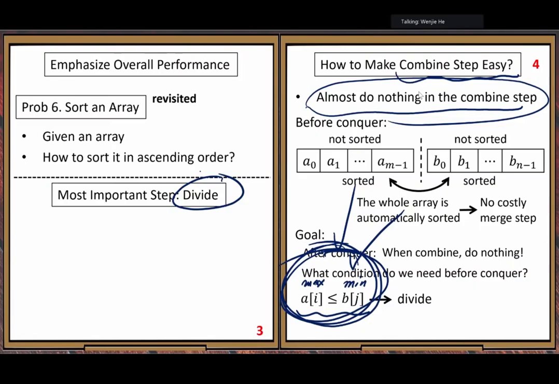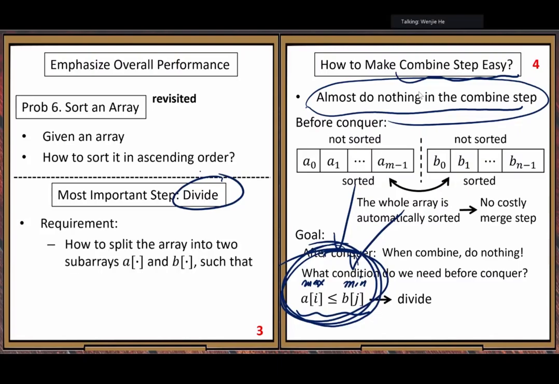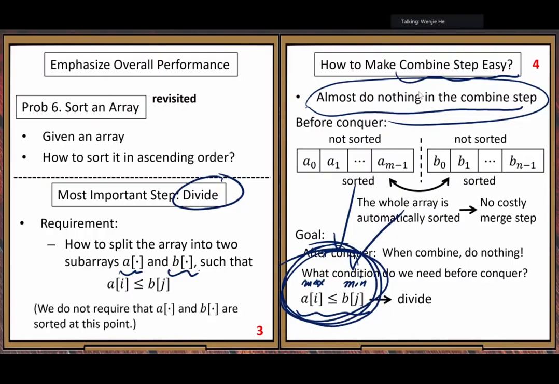All right, the requirement here: let's formulate and streamline our thinking a little bit. How to split the array into two subarrays, an A subarray and a B subarray, such that A of I is less than or equal to B of J?